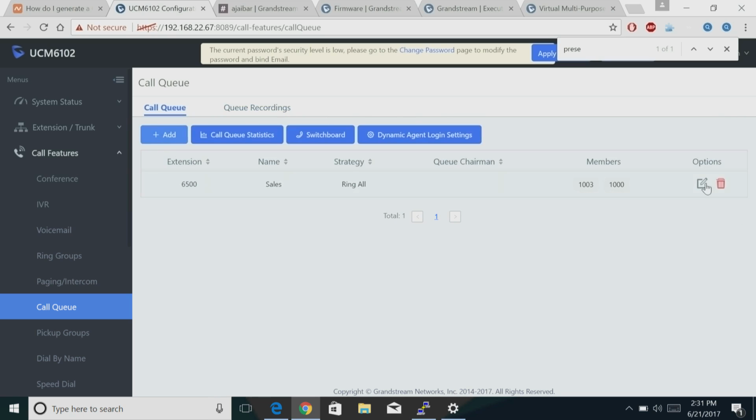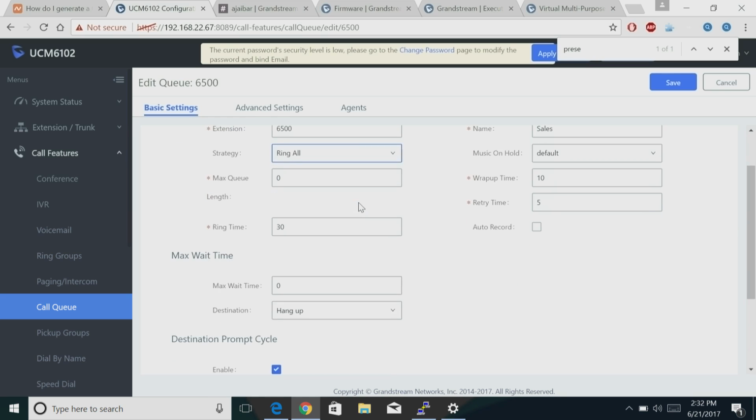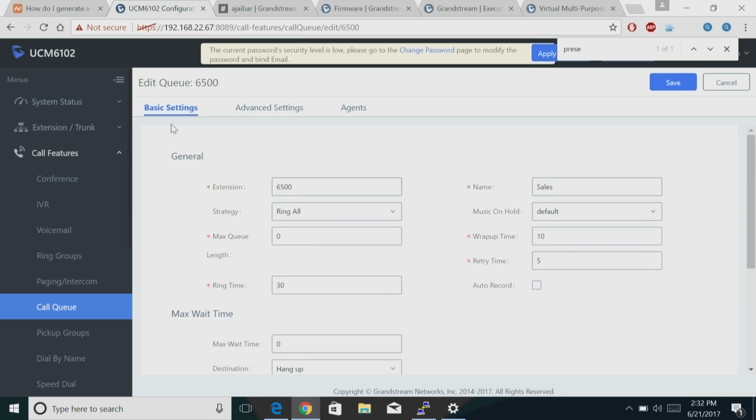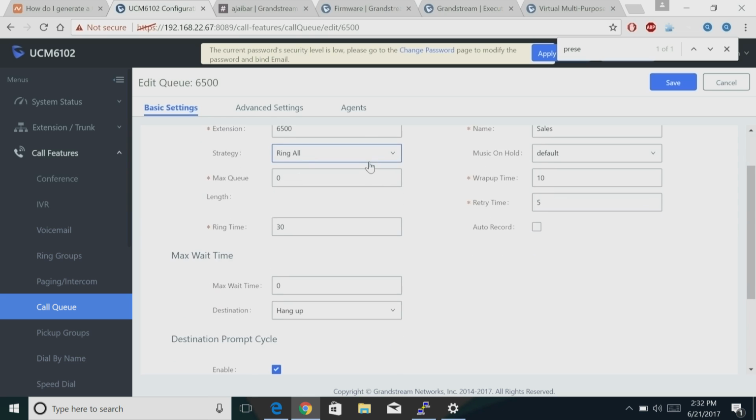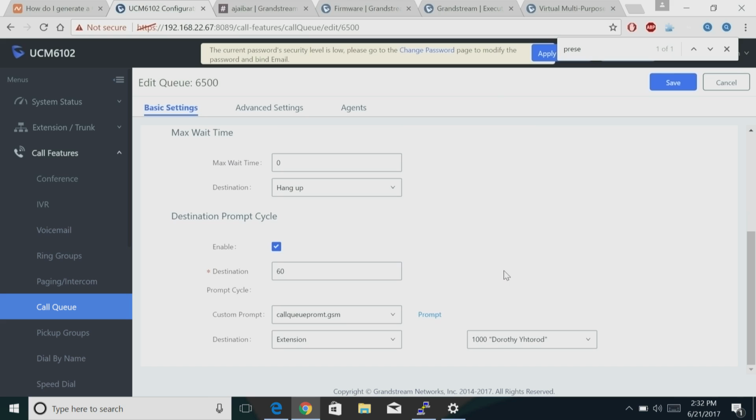Let's just explore now the different call queue features. So I'm just editing one of the call queues here, 65. I gave it a name, sales. So here you have the destination prompt cycle. So let's say you have